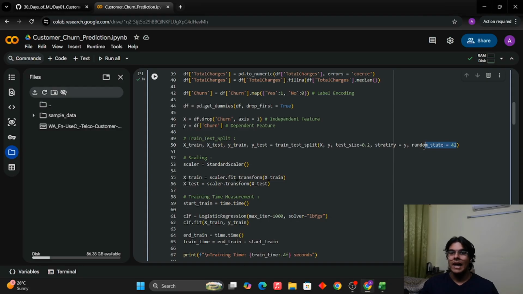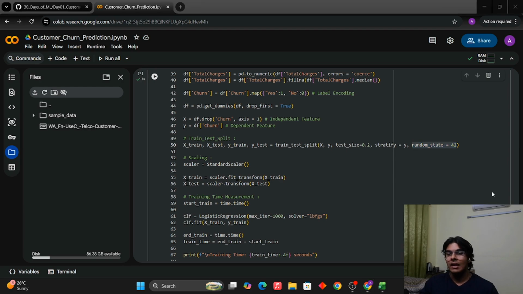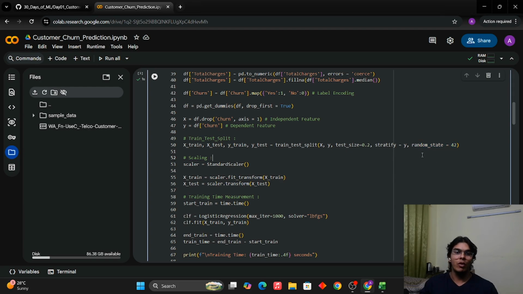This reminds me, random state is equal to 42. This is basically for result reproducibility. See, whenever the model is trained, the model tries to use a different part of the data set every time. But we want the results to be somewhat uniform. And so we use this random state equal to 42. Now, why 42? Some scientist did it. I don't know why. Okay.